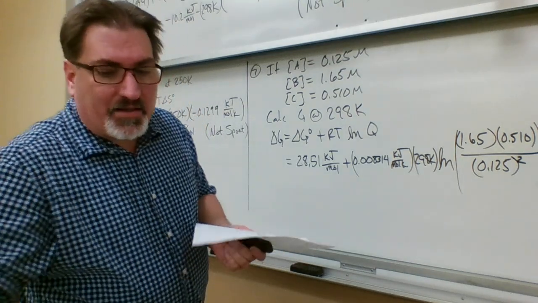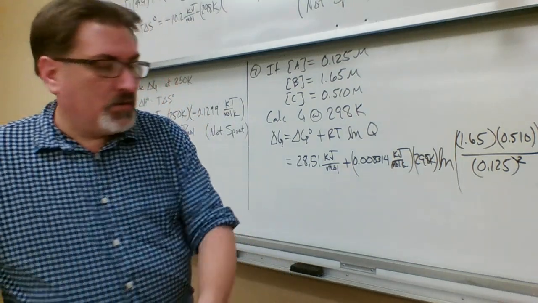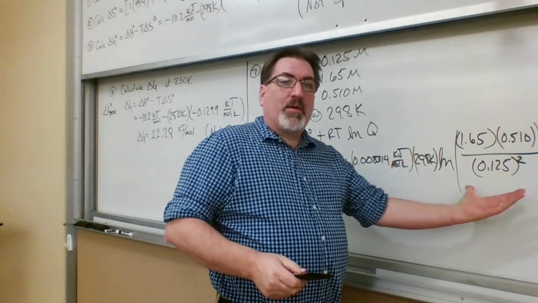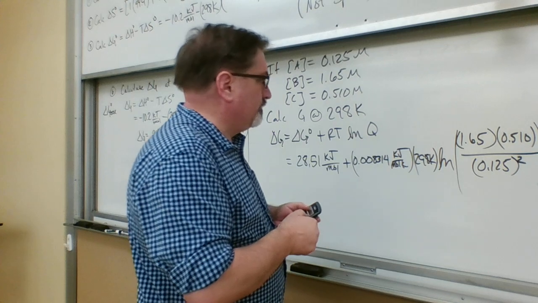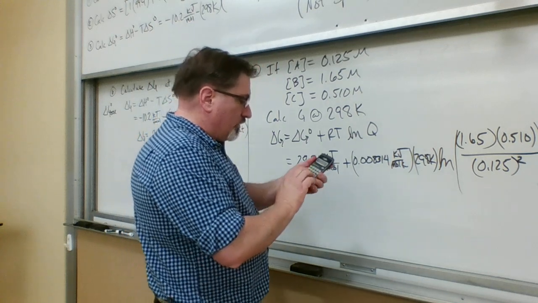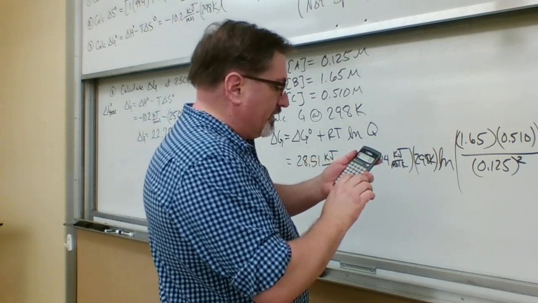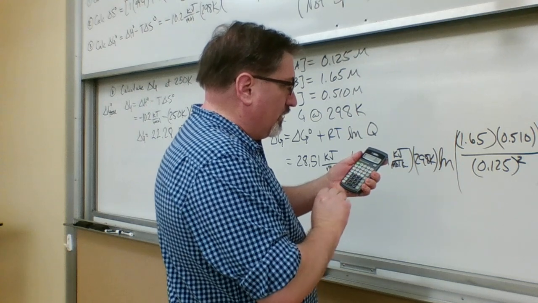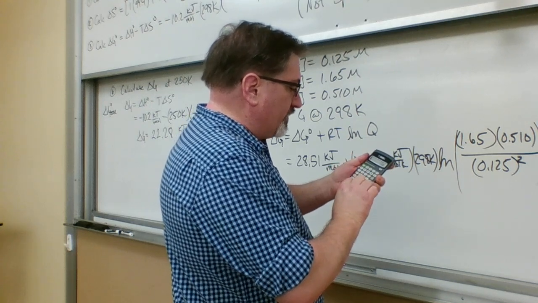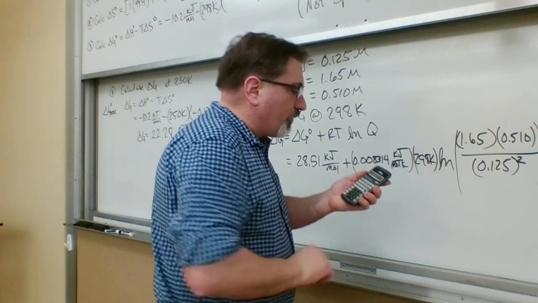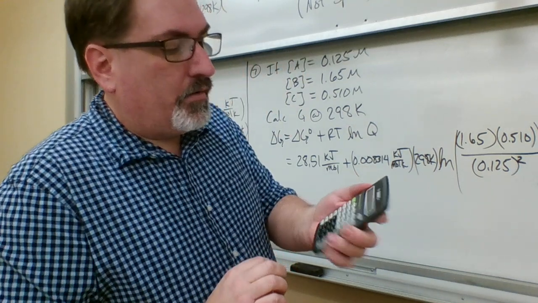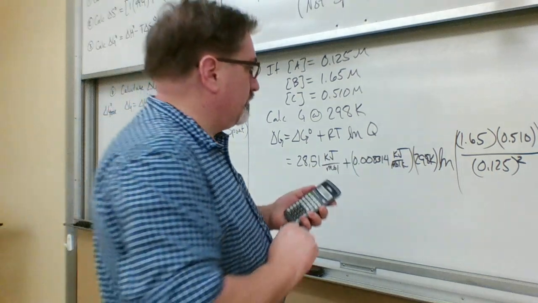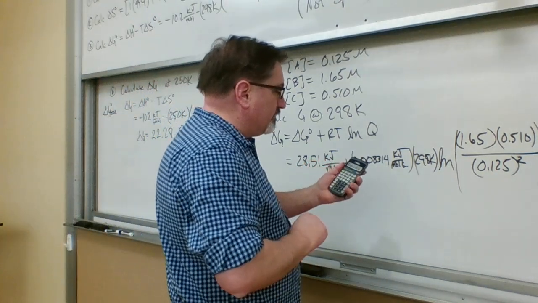So we're ready to calculate this bad boy. Like I did before, I'm going to work right to left on this calculator. So 1.65 times 0.51 divided by 0.125 squared equals 53.86. Natural log of that,